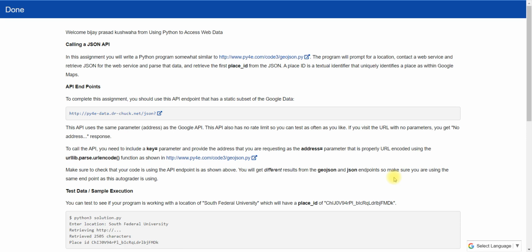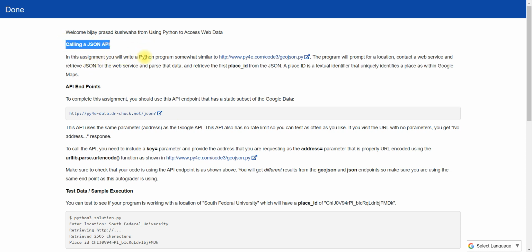So now open the tool. I have already written the entire code, so for the time being I will just paste the code and explain what the code means and what modifications you need to make to the GeoJSON API code to extract data using the JSON API. You can read here, calling the JSON API.